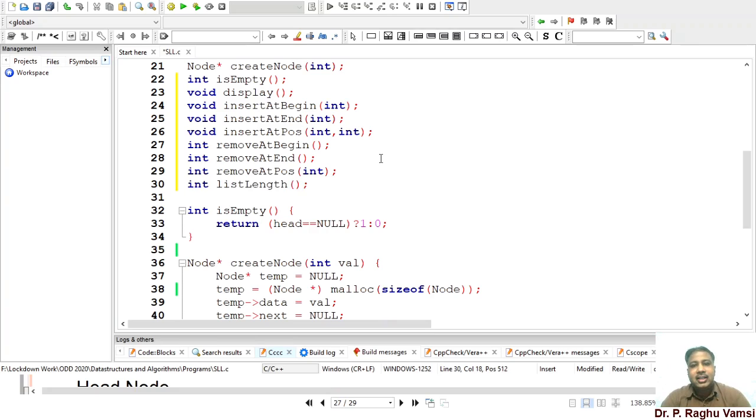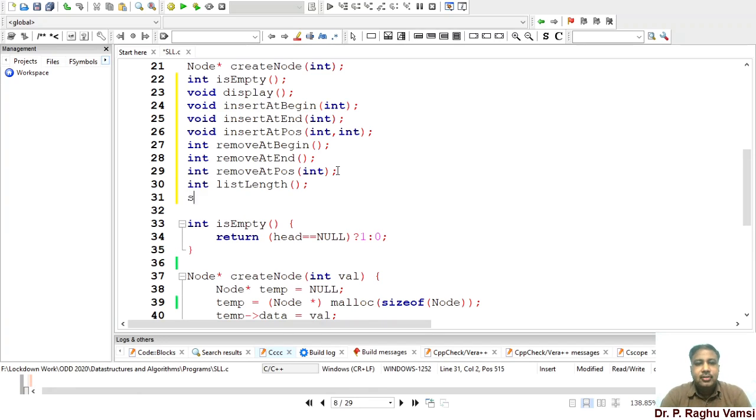What are the other operations that we can do on this particular thing? Insertion, deletion, creation is over. Finally, destruction and search.